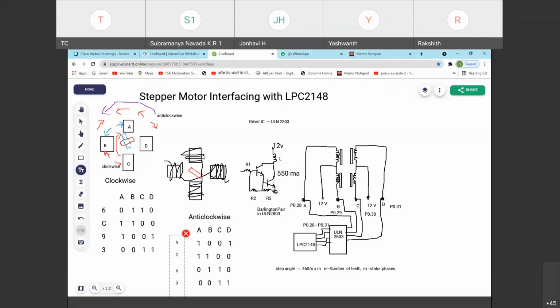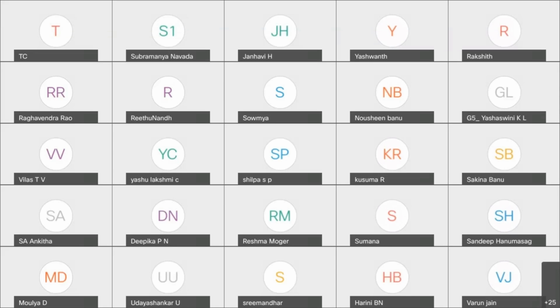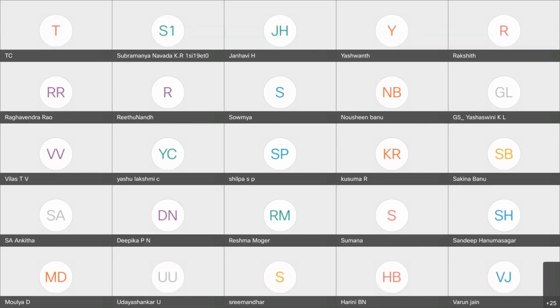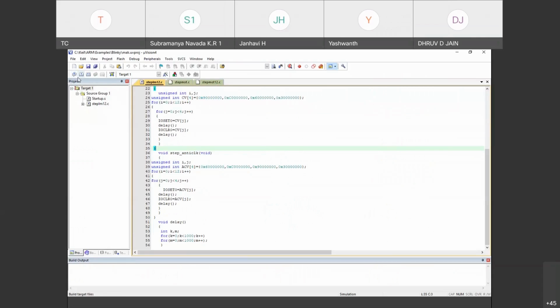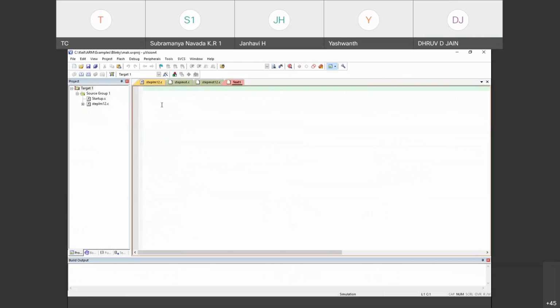Now let's understand. I'll just share the concept now. You can see I have already written the program, but still I'll quickly write it one more time for your quick understanding, in a simple way. What you will write first is hash include. I'll be writing fast since I know little typing.